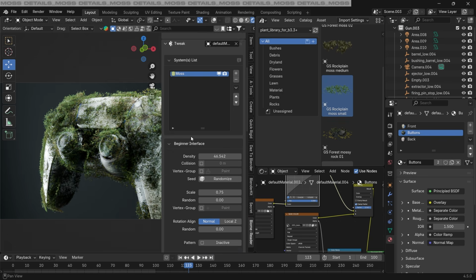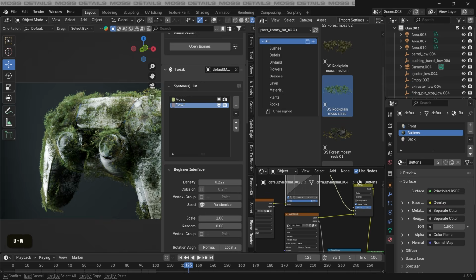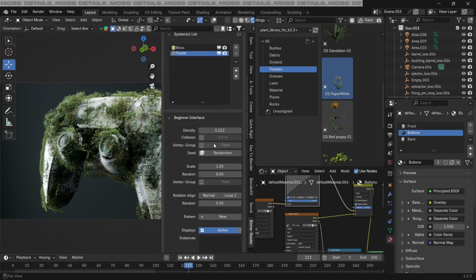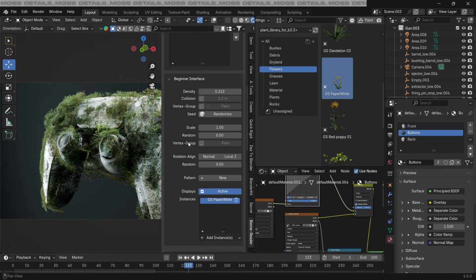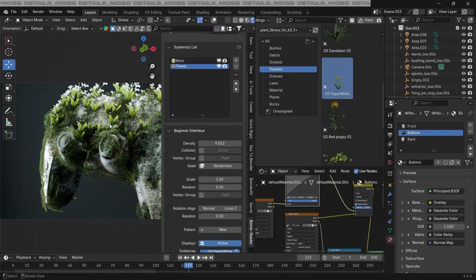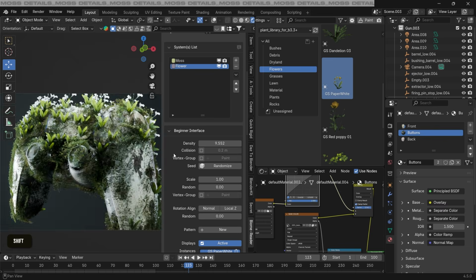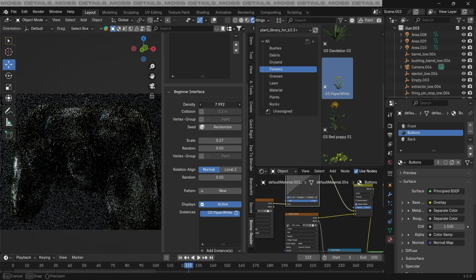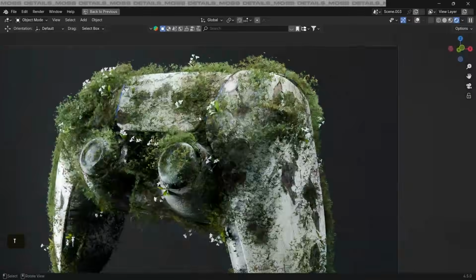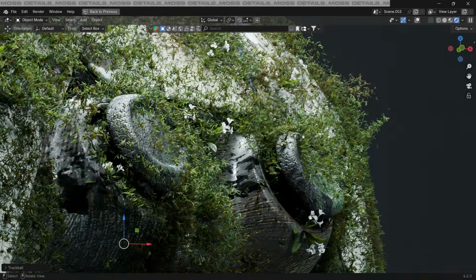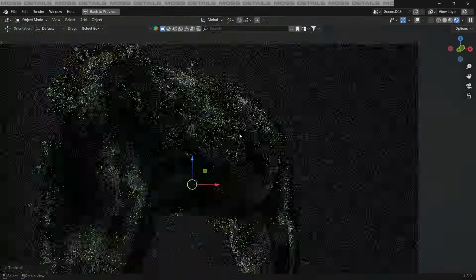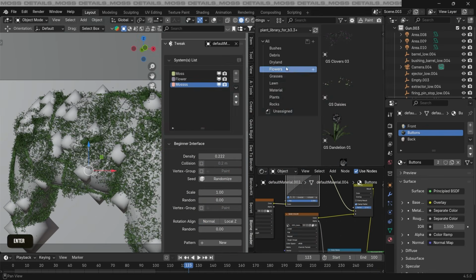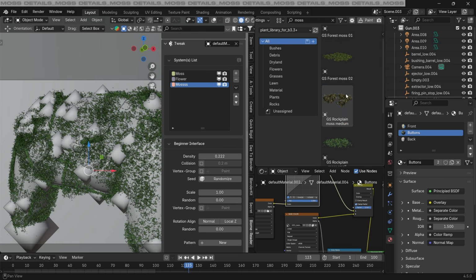I'm gonna press plus and add a different list of flowers here, selecting it in our asset browser and add it as an instance again using the same steps. Increasing the density is adding all these different flowers, and I'm gonna fix its rotation here by setting it to normal and decreasing the scale a little bit. So you can use any amount of different models to add on top of each other, and it's working like a layer system here. Lastly here, I created another list, added a different bigger moss object here, and I'm gonna